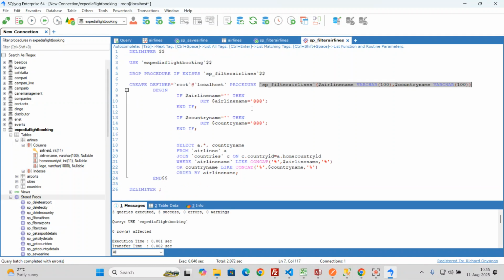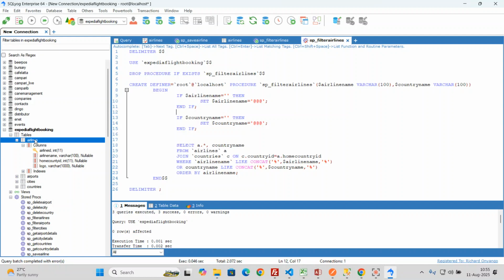So I'll come back to my query. Airline.home country ID. You can see I misspelled this one, it is home county. So I misspelled that. Well, it would have been a good idea for me to fix it on the airline itself, but because it's going to affect the insertions,